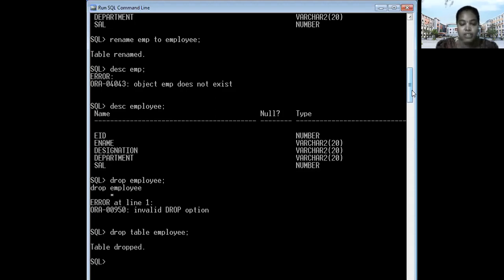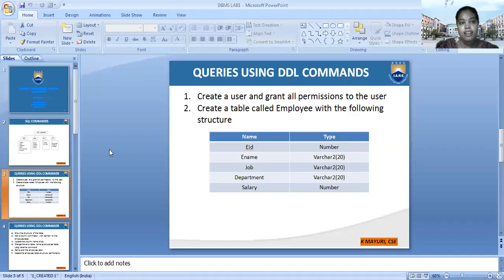The entire table structure will be removed. Again, you describe, and it says object employee does not exist. So these are the basic commands in SQL.